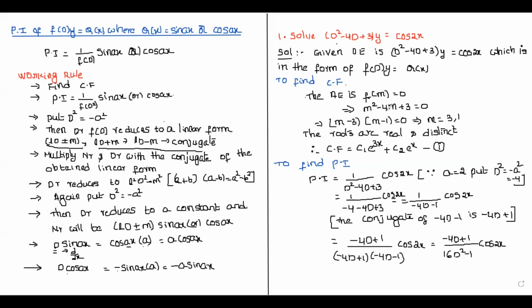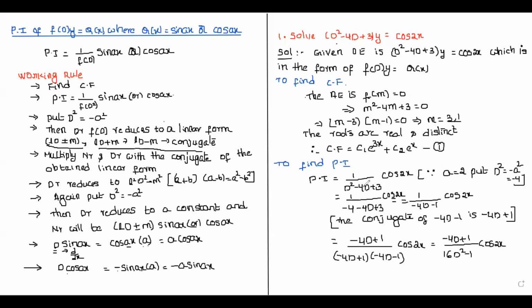This implies m squared minus 4m plus 3 is equal to 0. If we factorize this, it will be m minus 3 into m minus 1 is equal to 0, which implies the roots are 3 and 1. So clearly the roots are real and distinct. Hence, by the previous method as we have discussed, the complementary function is equal to c1 e power 3x plus c2 e power x. So now finding the particular integral, which is equal to 1 by f of D,